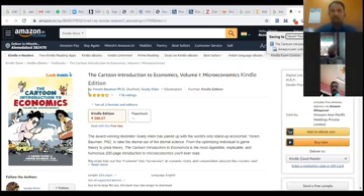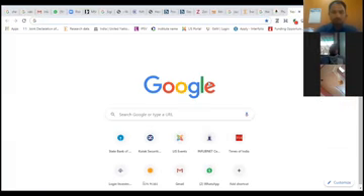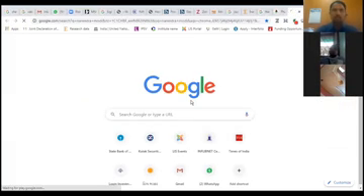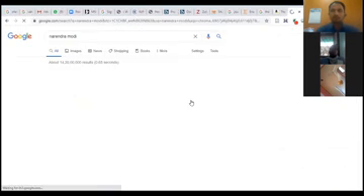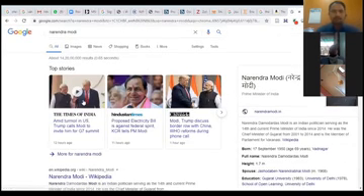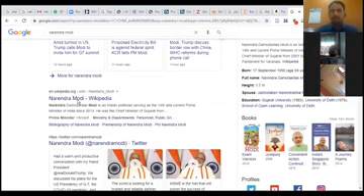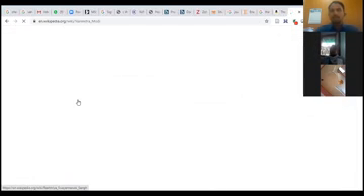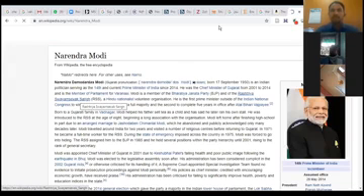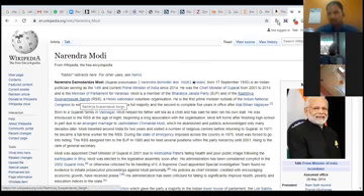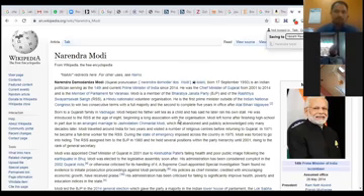So let us take an example of Wikipedia. If you want something taken from Wikipedia, see, there is some biographical information about Narendra Modi. I'll just go to this because I'm taking some reference from this Wikipedia page. Wikipedia is nothing but an online encyclopedia. Now you see here, the icon is changing. So the Wikipedia icon has changed. The moment I click this, it will come to my library.